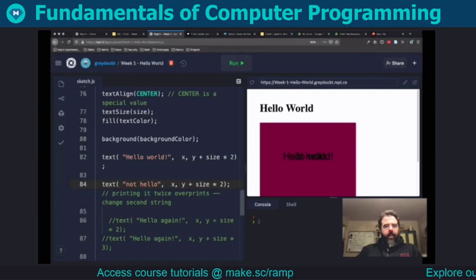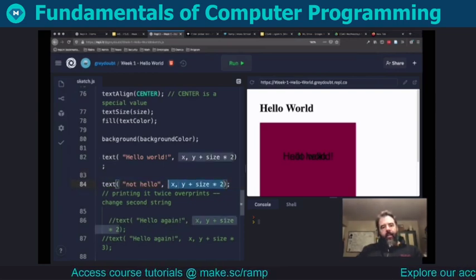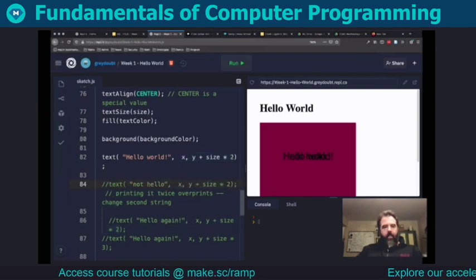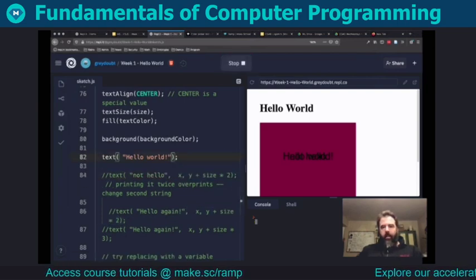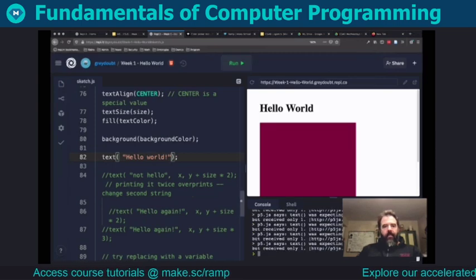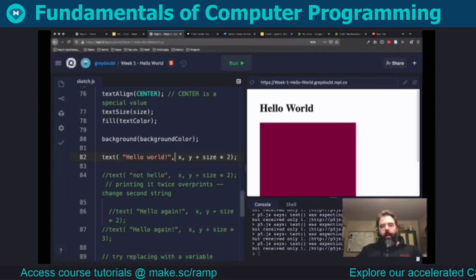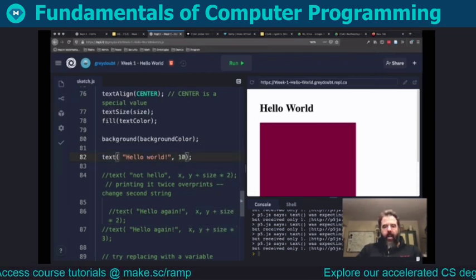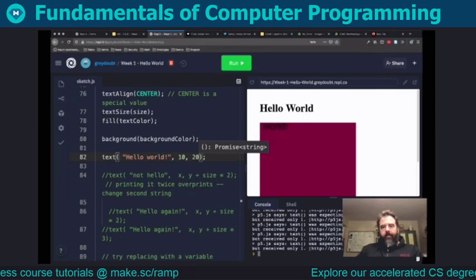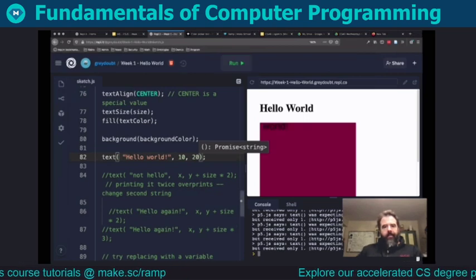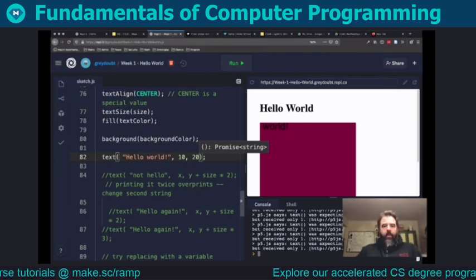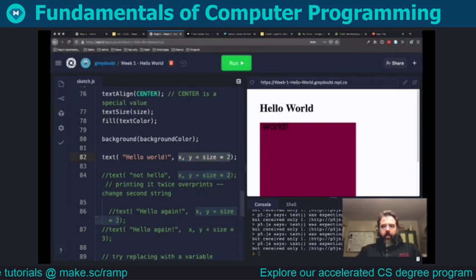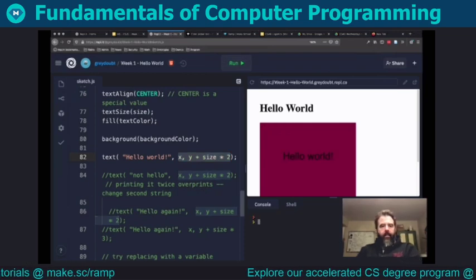Well, the text command that we have here, we can't just tell it to just print something. It's going to give us an error. It needs to know the x and y coordinates. So instead of x and y that we set earlier, let's just put 10 and 20. So this puts the starting position of the text way up in the corner, which is not really what we wanted. So if we change it back,